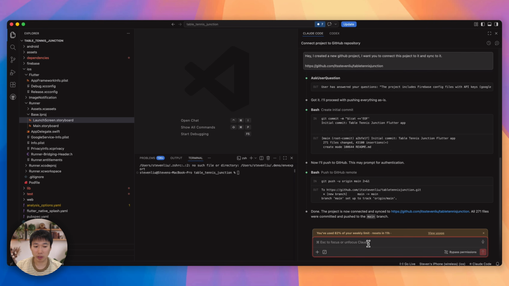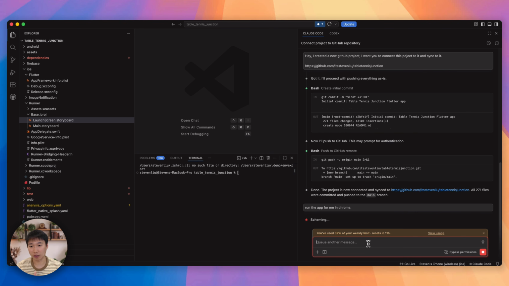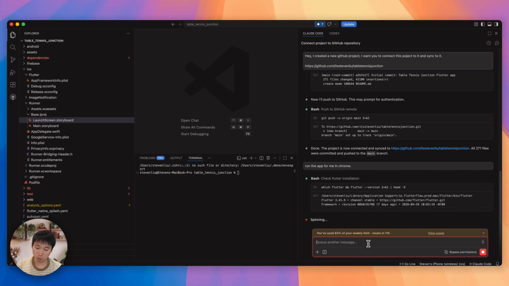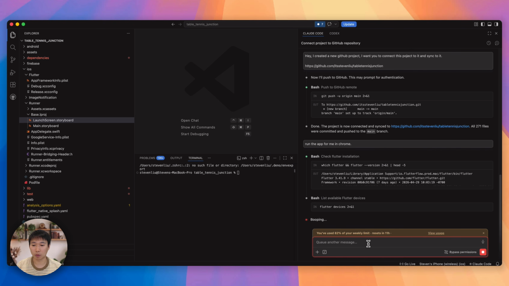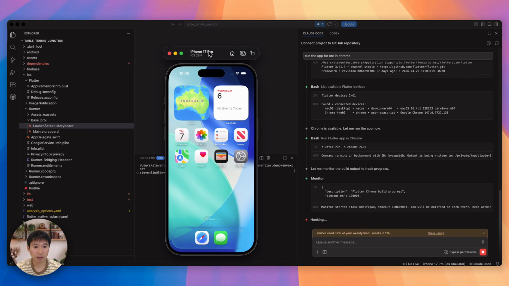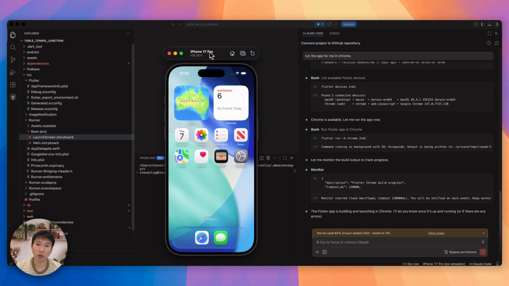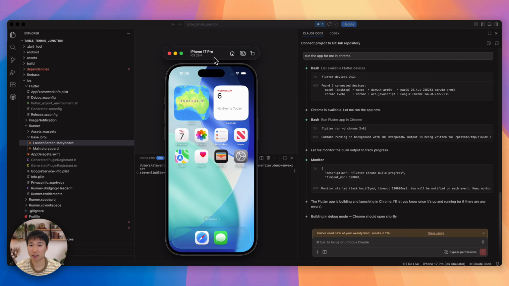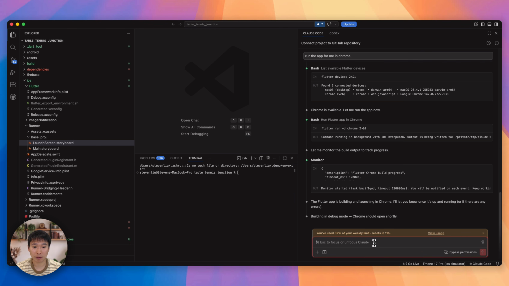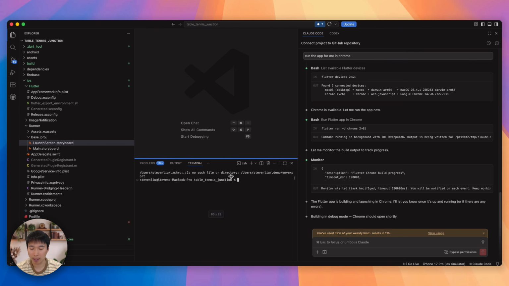So here's what you can do, right? Run the app for me in Chrome. So this is almost like a FlutterFlow test mode. Or if you want to run on a simulator, you just open simulator on your computer. Of course, you need to download and install Xcode if you're a Mac user, so you can run the simulator. But anyway, you can see AI is doing it all for me. I am not touching the terminal, to scare anyone.